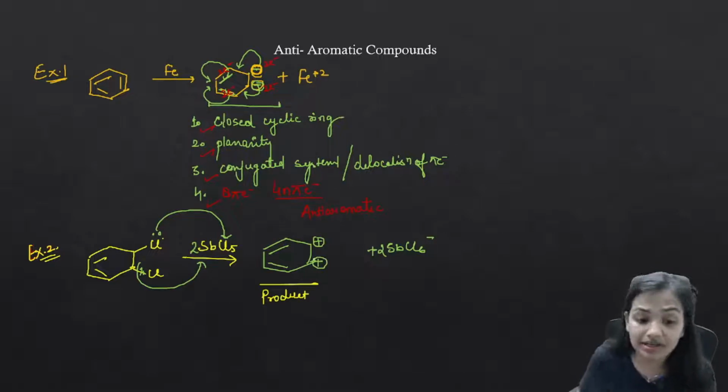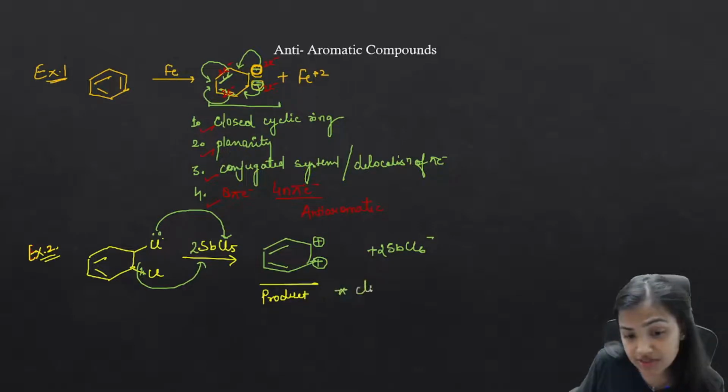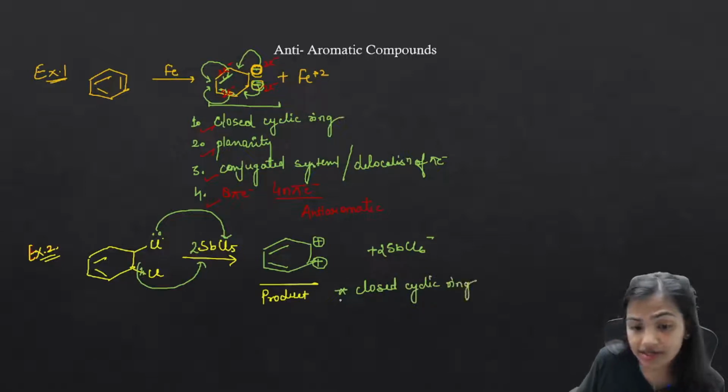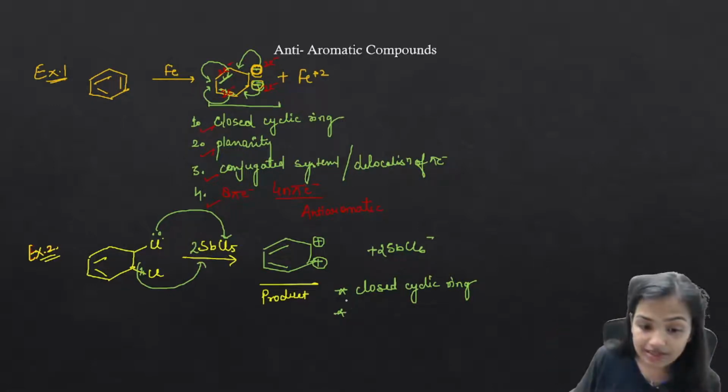So how can we tell? Again, we will be checking the number of electrons. Now, is this a closed ring? Yes, absolutely. The first point is that this is a closed cyclic ring. This point is very clear. This is a closed cyclic ring. The second point is